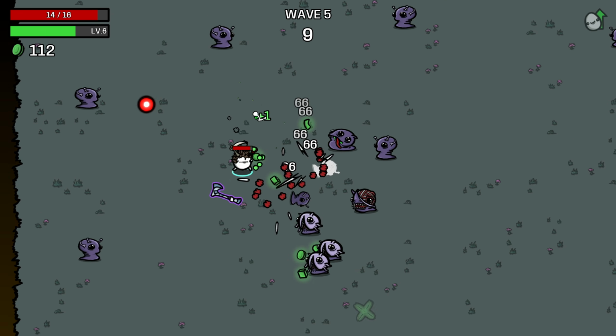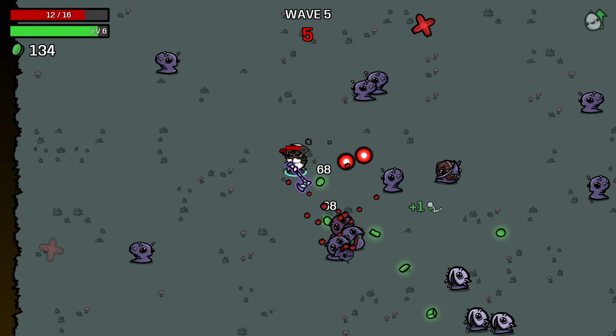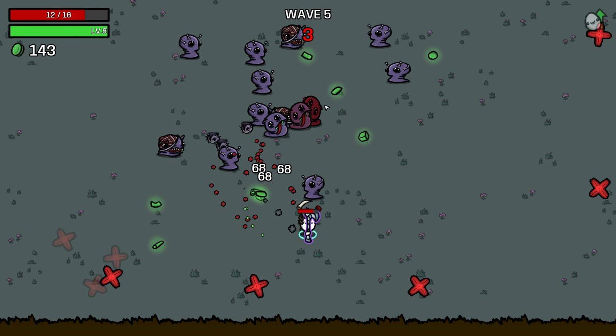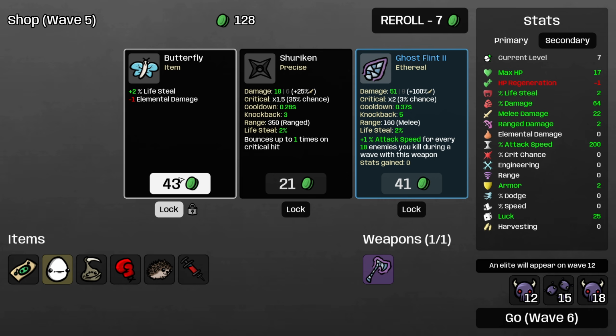But at the same time, if we get a ranged weapon like the Shuriken that bounces around, we will heal a lot from the enemies by lifesteal. Like, way more than with HP regeneration. Yeah, and the luck is fine. A lot of the things in the game rely on...